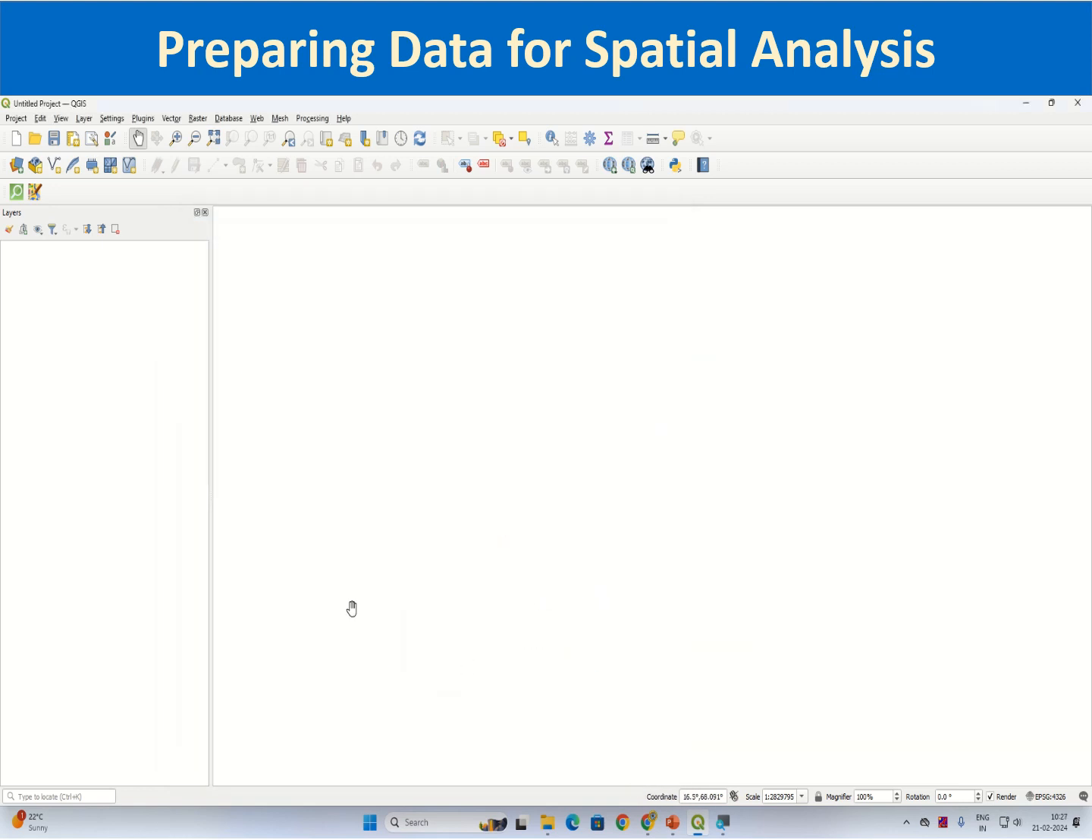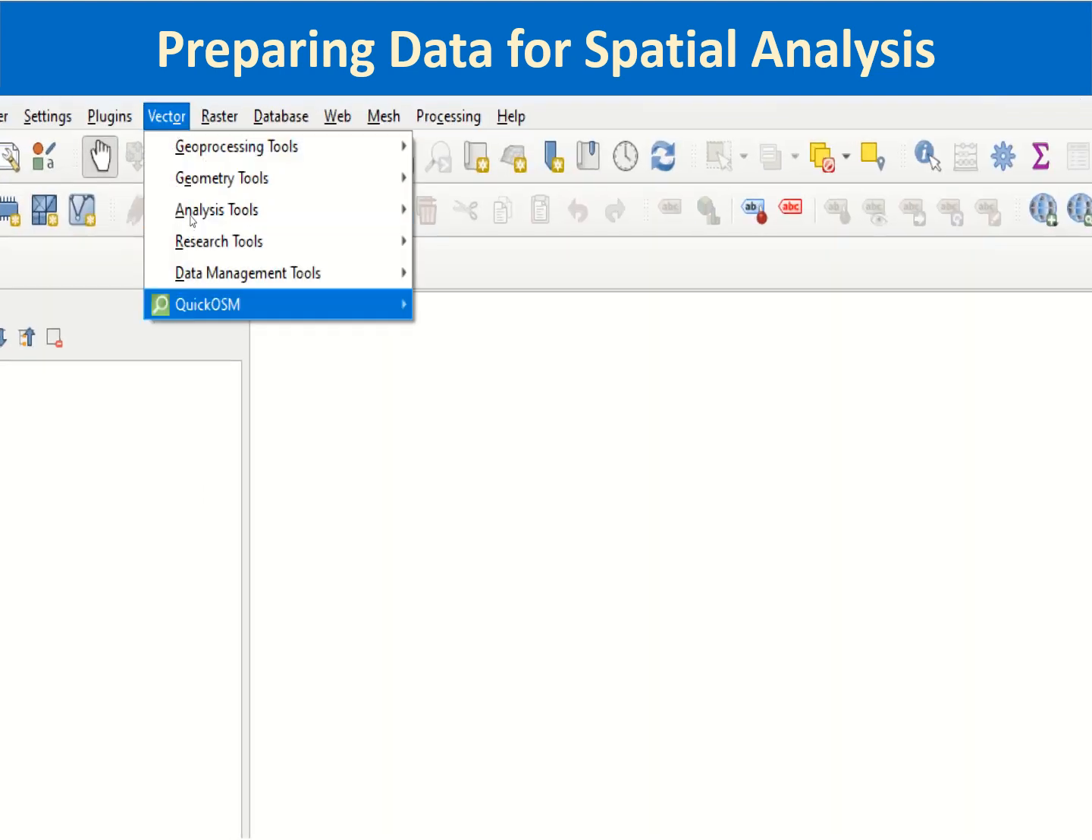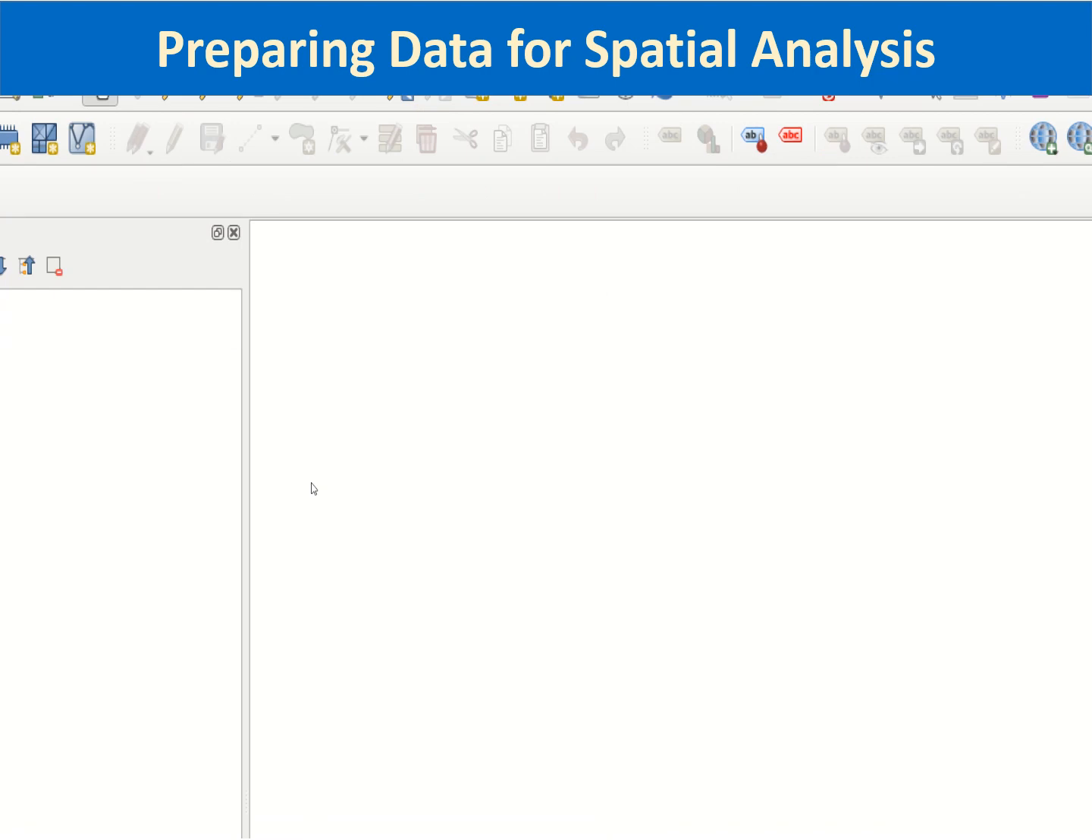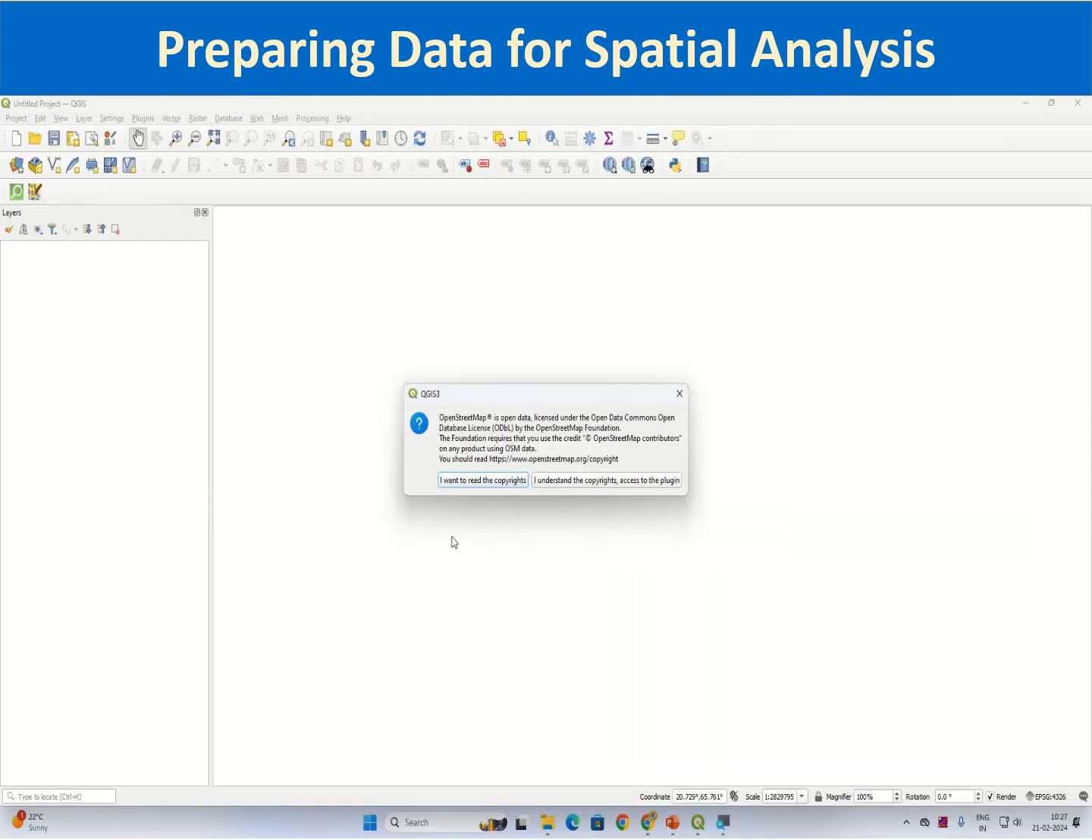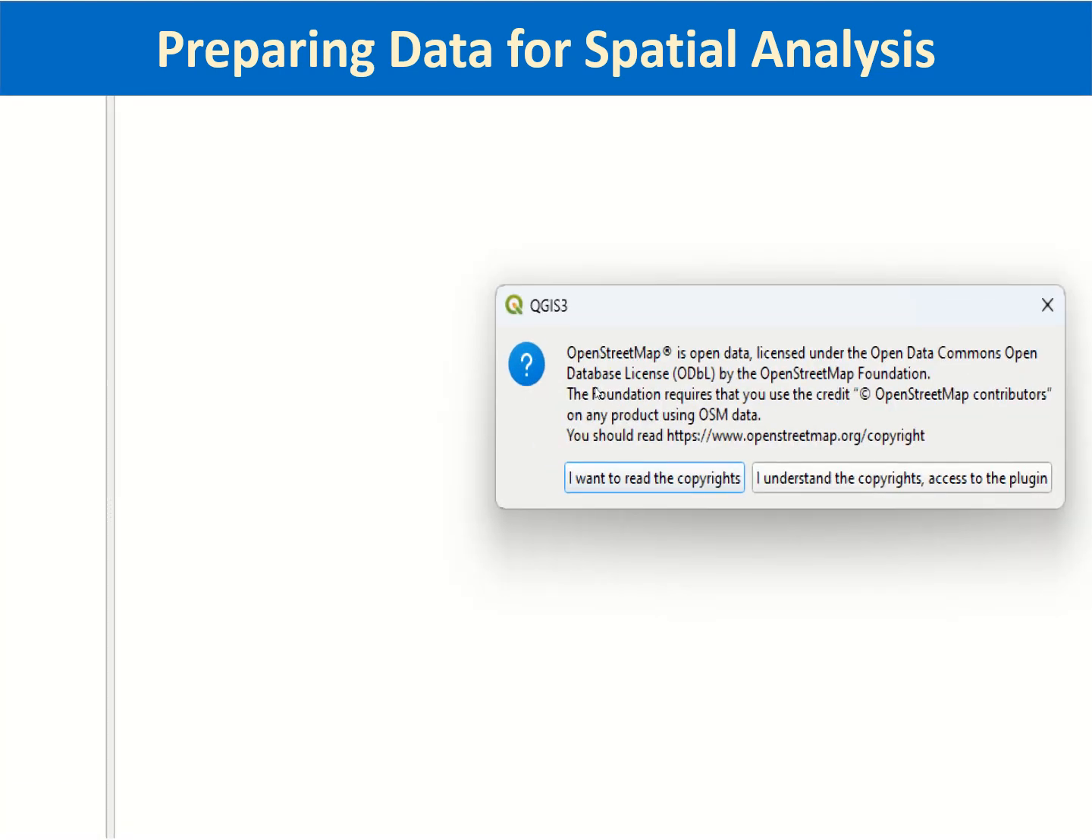So after installation, QuickOSM has been installed. You can check it by going to the vector menu, and you will find a new option of QuickOSM has been included. So you can click this QuickOSM, which will open a new dialog box which says OpenStreetMap is open data, licensed